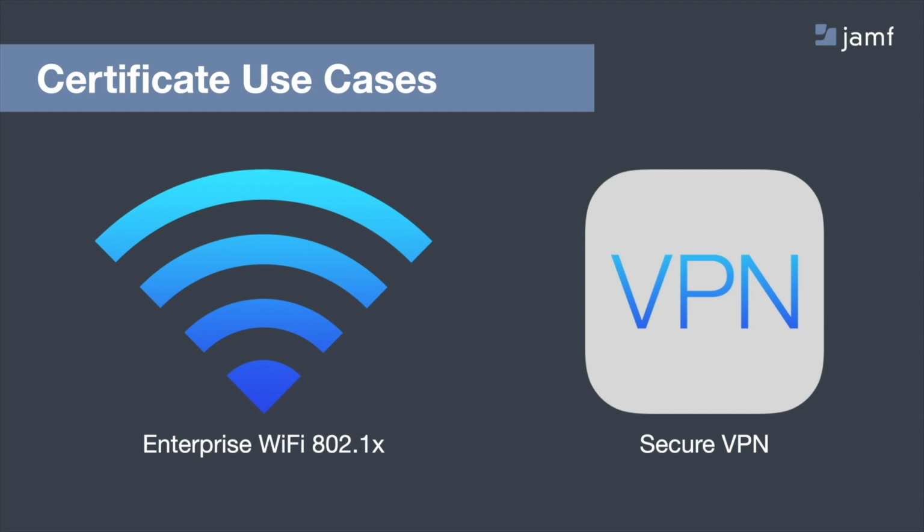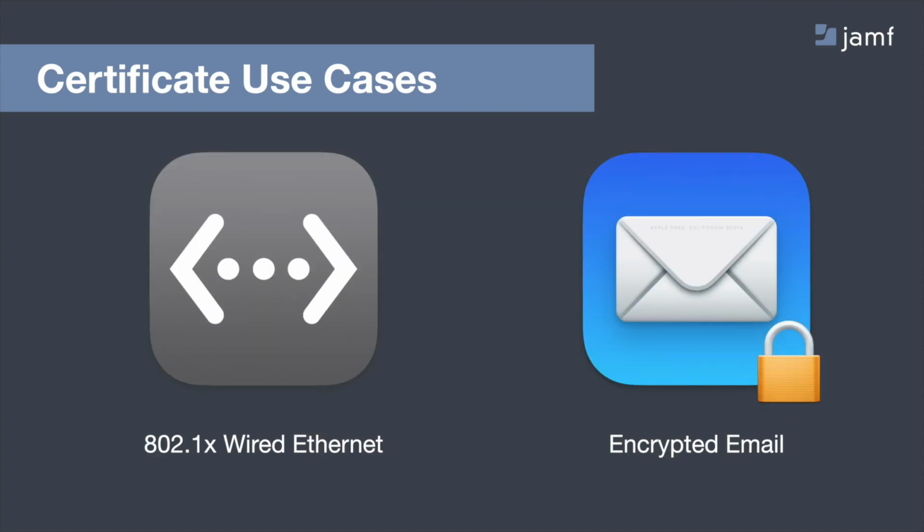Another common use for certificates is connecting to a virtual private network. Similar to Wi-Fi, the username and password might not be enough to establish trust. We want to be able to validate the device is also trusted. Access is denied if the user credentials are disabled or if the certificate has been revoked. With this, there are more opportunities to ensure that your company data is secure. 802.1x authentication is not limited to Wi-Fi. Though less common, it can also be used on a wired network. It is another way to help prevent just anyone from plugging into a network drop and gaining access to private